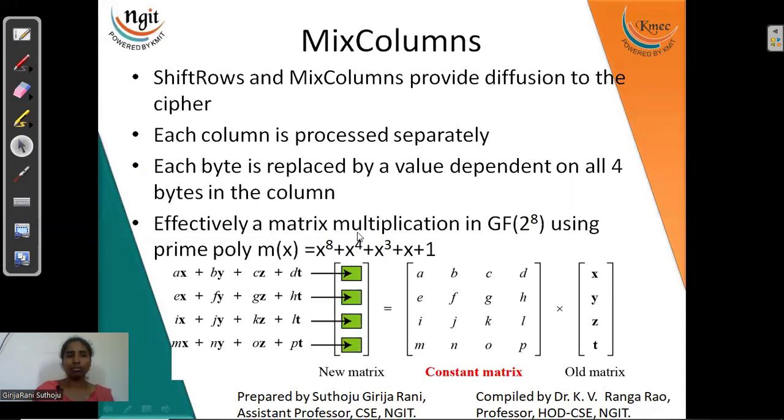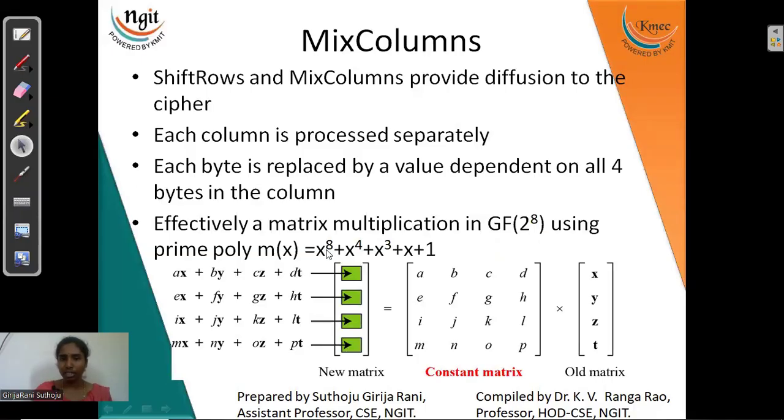Next, mixed columns is nothing but we will take a constant matrix like this. We start applying this with our state matrix to get some output matrix. So whatever state matrix we have, multiply with that constant matrix, and you will be getting your resultant matrix. That's it. But here the small thing is that when we are working with the Galois field 2 power 8,